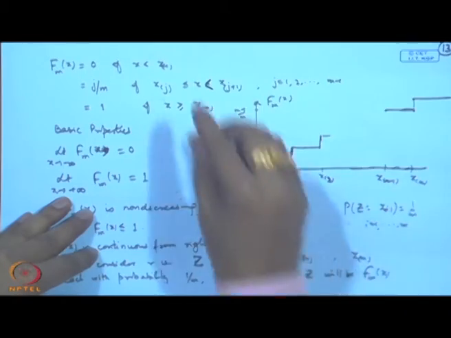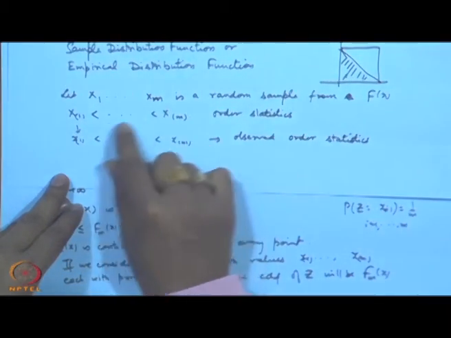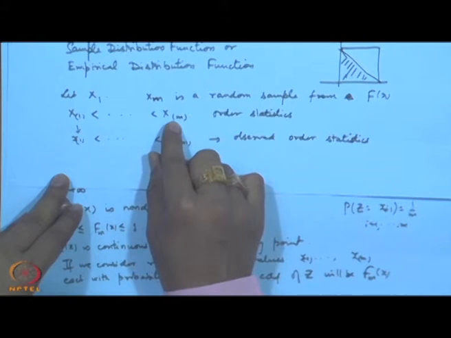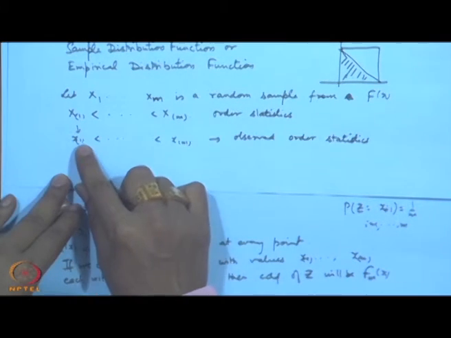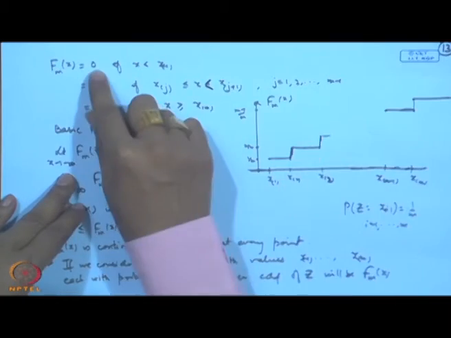In the previous lecture, I introduced the idea of tolerance intervals, coverage probabilities, etc. And then towards the end I defined what is known as the empirical distribution function or the sample distribution function. If I have the sample X1, X2, ..., Xm, and based on that the order statistics X(1), X(2), ..., X(m) are defined, and if the observed values are taken, then based on the observed values we define a step function